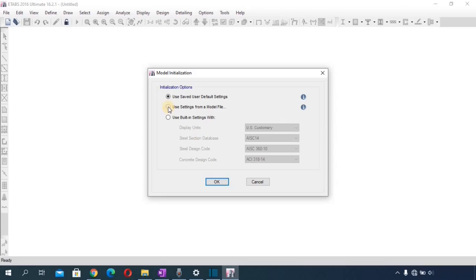Then the second setting we have is use settings from a model file. So let's say, for example, you've created a model file from other software and you already inputted units in that software. So if you want to import those units in SAP 2000, let's say you want to use that same unit, let's say you've created multiple drawings, you've created multiple designs, and you used a particular unit for those drawings and those designs, and you want to use that same unit, you can click on use settings from a model